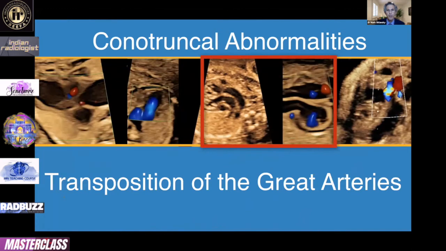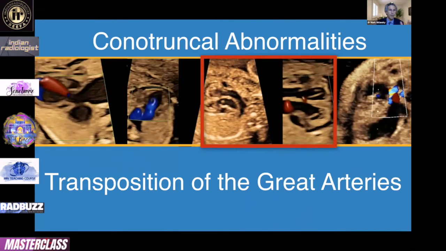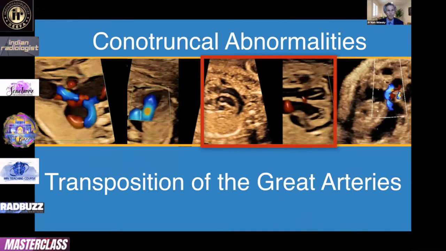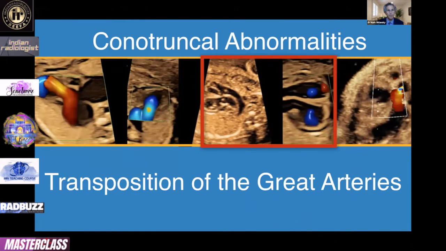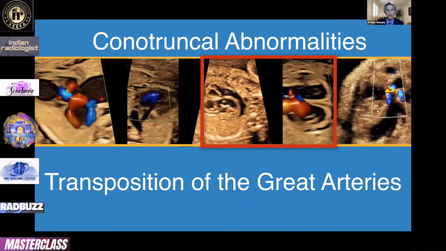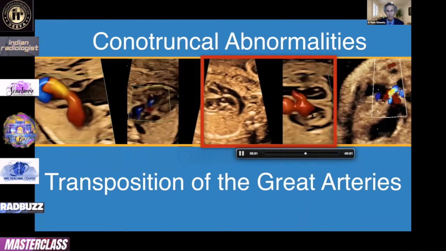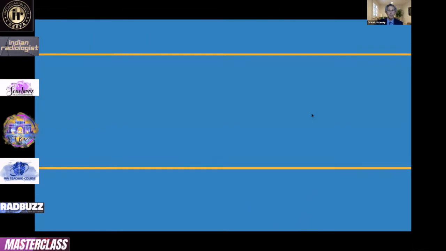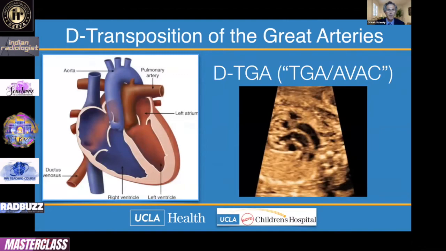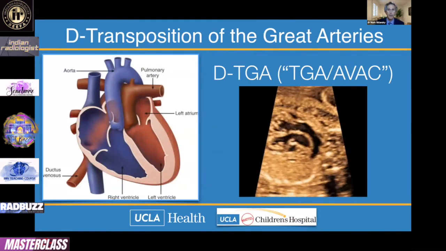Transposition of the great arteries is the next area to talk about, and I know we're covering a lot of ground, but hopefully not going too quickly here. So, transposition of the great arteries, you can see here, and over here you can see this transposition with the VSD by color. There are two types of transposition, right? There's D-transposition and L-transposition. D-transposition